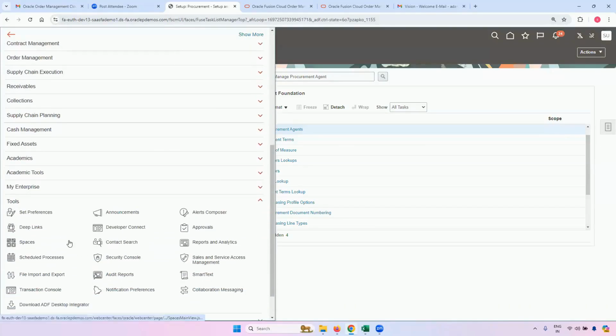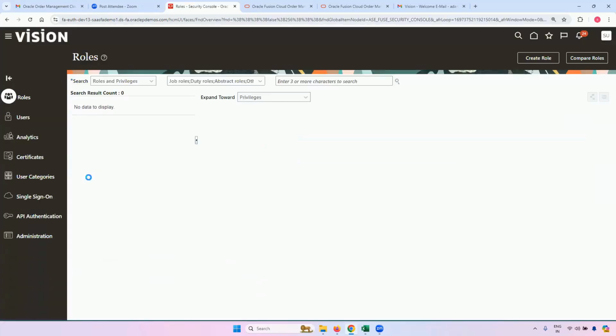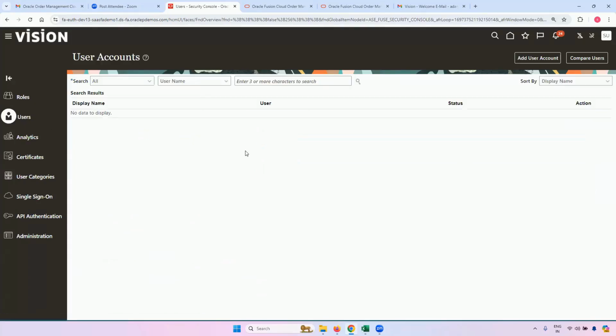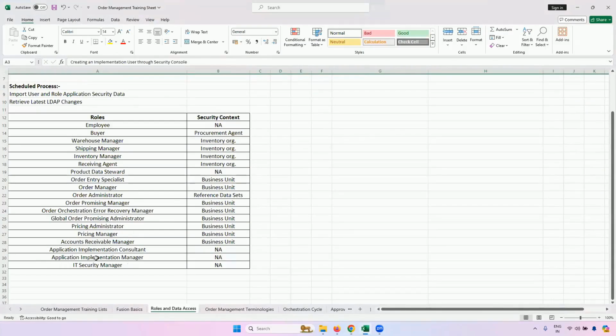Go to tools, go back to the security console. Go to users. So how this user scm.user50 is able to see the security console, is able to go to setup and maintenance, is because I have these 3 privileges. I have application implementation consultant, manager, and IT security manager role.